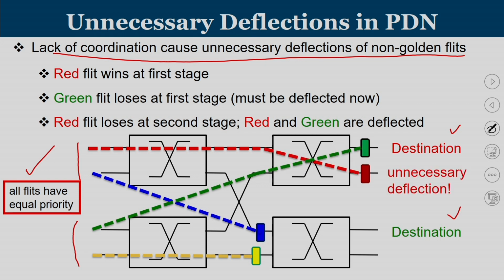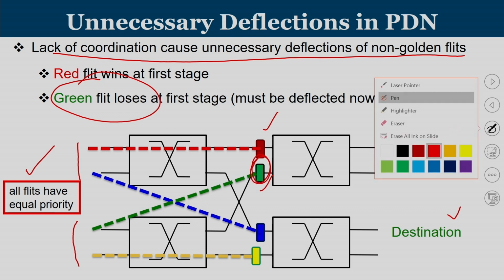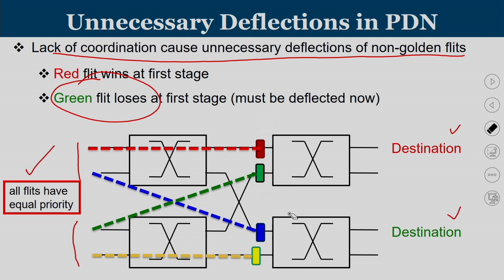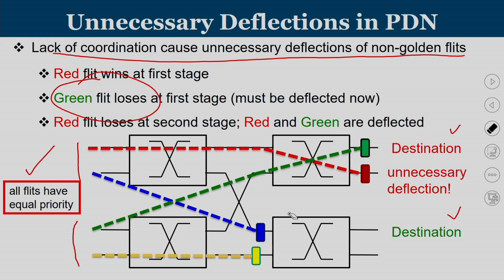The green, which was a loser in the first stage, when it came to the second stage, has become a winner, because when you compare to red, both green and red are of equal priority. Let us say by random priority, now green is going to get preference over red. So this will naturally result in a scenario where green is being given some port. Now it so happened that green got the first port and the red got the second one.